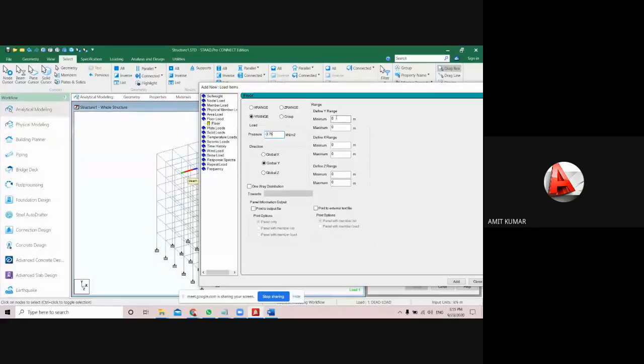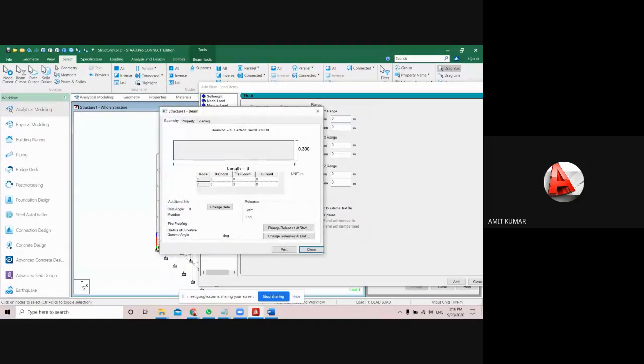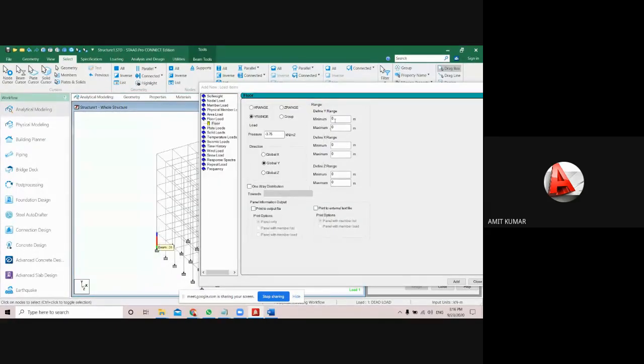Okay, after that you have to give the range. That means you have to provide the floor start point and end point, and the floor will be along the Y range. That's why we will pick the defined Y range. Okay, and the direction here is the global Y, and just come to the Y range value. So the first floor is at a height of 3 meter. Just select this column and double click on it. You will get the length of this column, that is 3 meter. That means the first floor will be at the height of 3 meter, and for the last one, as you know, I just provided the value 18.